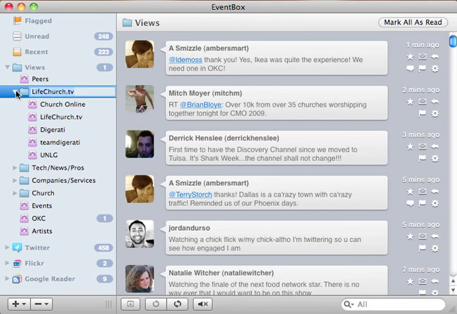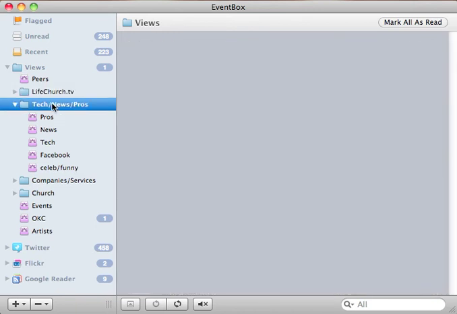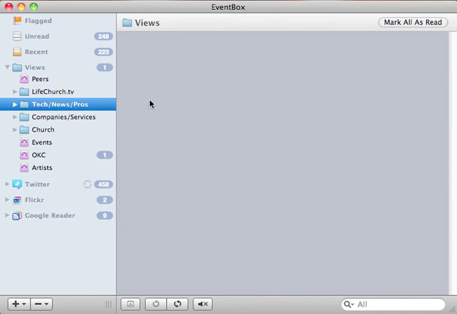Here's a particular view. I can do the same thing with tech news and pros. This is kind of people that I'm not as connected with but are informational. So professionals in an area, news in an area, tech in an area, some people I know at Facebook, and then celebrities or funny people. They all feed up into this though, which I just opened up, so that's why there's nothing in there. Those groups are filled out. So tech news pros are a top level kind of view that I'm using the folder for. Companies and services is another one,